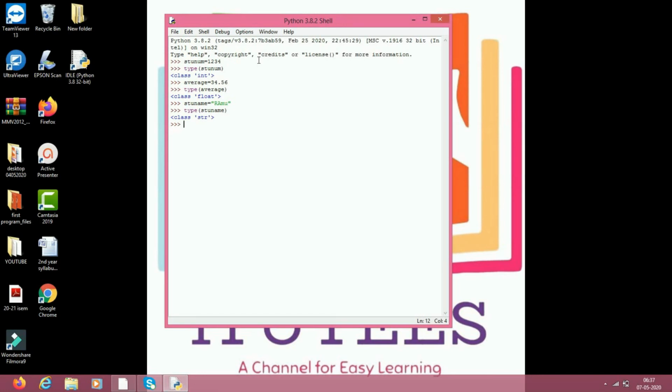One is the list data type. A list is a combination of numbers, floating values and strings. So simply I am taking one list. list1 equals to 34, 50, 567, 1.23, Ram. Now which type is this?